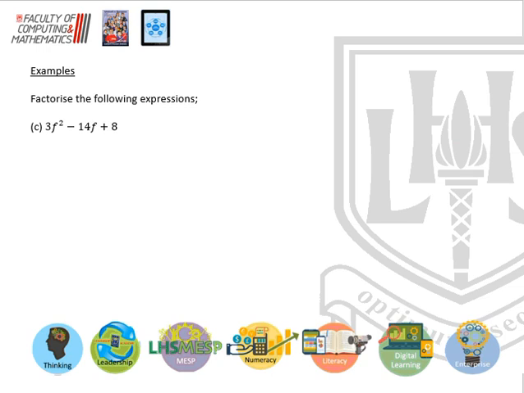Okay, so firstly look at our factors. 3f squared, we know it has to be 3f and f. Nothing else does it for us. Okay, that 8, 1 and 8, 2 and 4. Okay, but now we need to think about our signs as well, and you should be thinking about your signs all the time. We're multiplying to a positive,